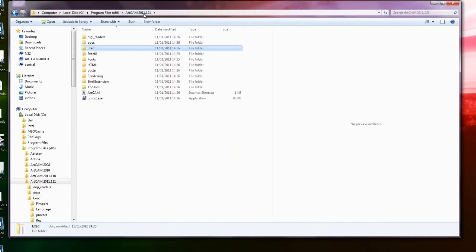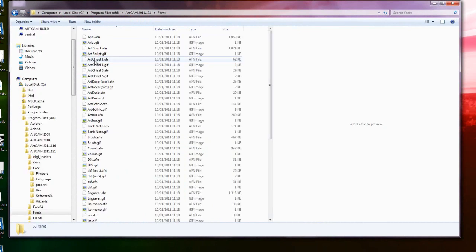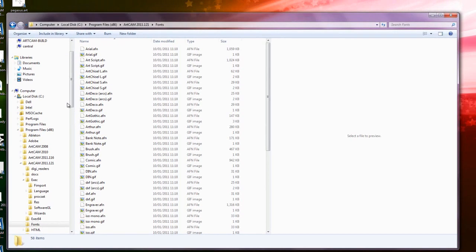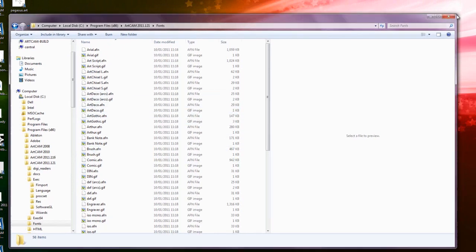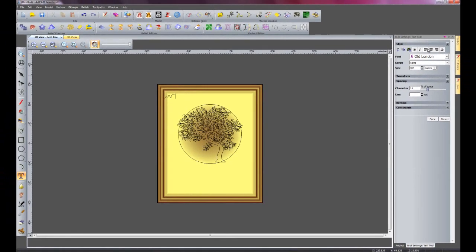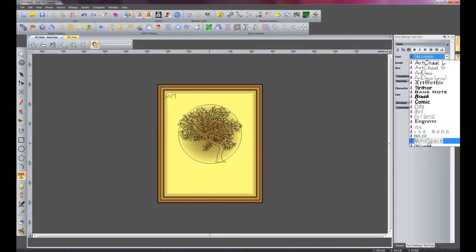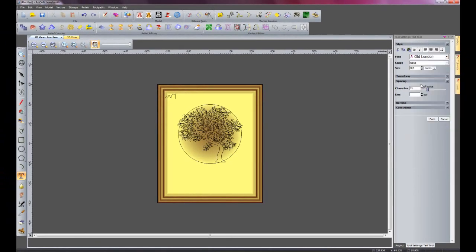If I click on Artcam 2011, here we have a fonts folder. I open that, and then you can just drag the Old London font into there, and it will open up on here. So I'll select Old London, and 104 points, 15% of space, and select on the 2D view, and